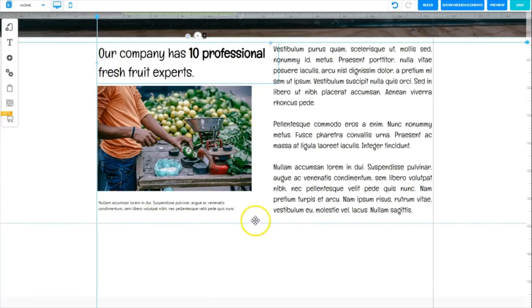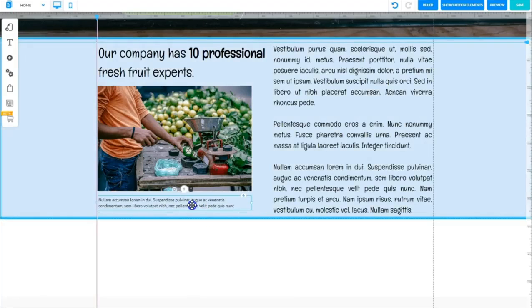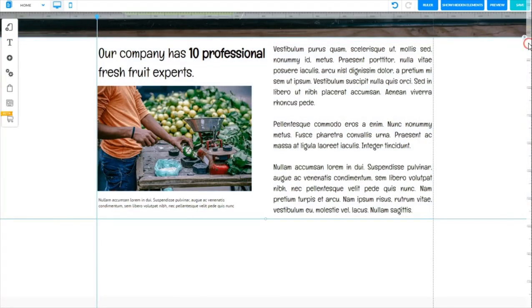So it needs to be a little shorter, I believe. So we're going to shorten that up. That looks good. Now I'm going to align this and make sure this is close to the image. Now I'll remove this grid line, remove this grid line,